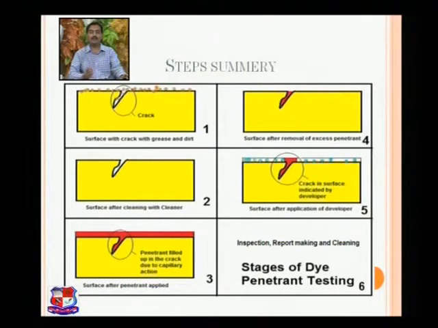After cleaning that, we will enter into the second cell. In that case, it is the given surface after cleaning, and that is the first step we have done: cleaning the surface, preparing the surface. After cleaning it, we are having only the crack or surface available. Now you apply a penetrant on that, and you can see the thin layer of red color dye there.